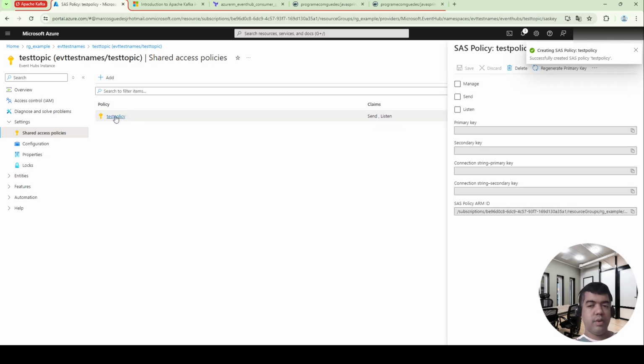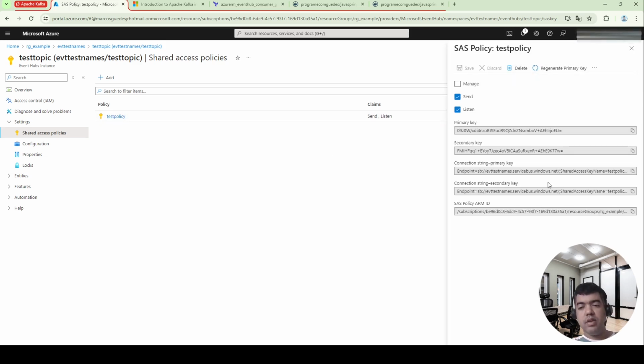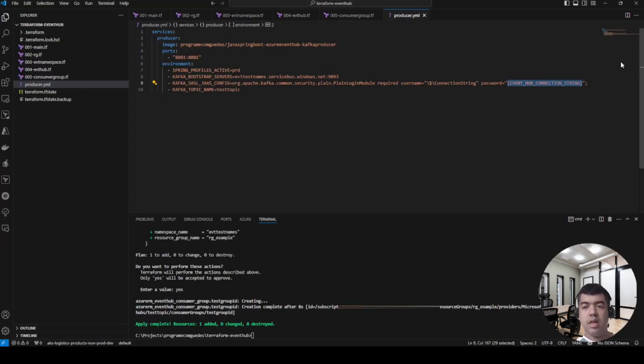Click on the policy created and copy this connection string primary key. Go back to Visual Studio Code and paste the connection string here.